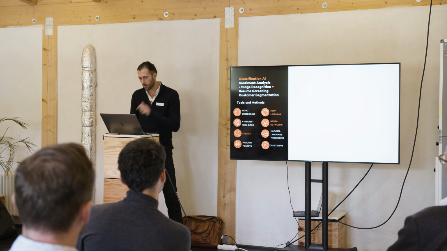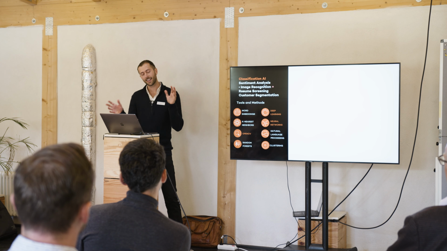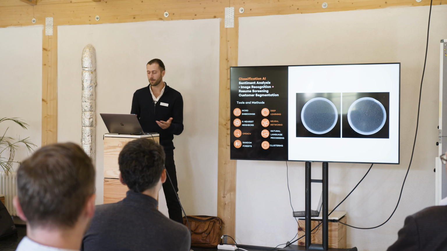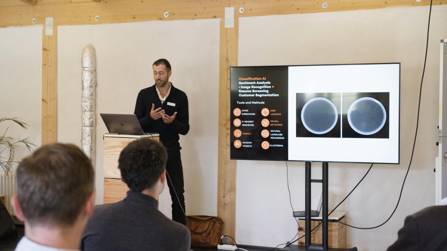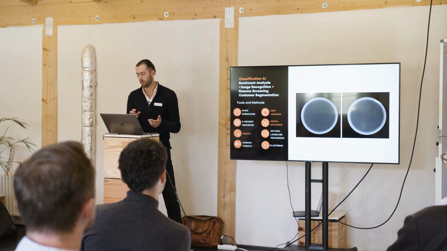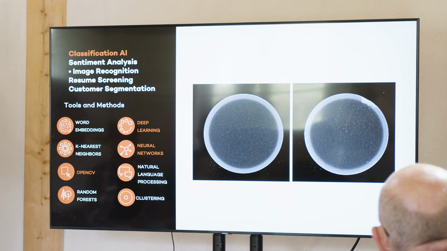As a last example in classification AI, you may remember that I said earlier that the categories are not so firm, but they have overlap. So this example is a mixture of image recognition, classification AI, and anomaly detection from predictive AI. Here you can see there are 2 pills. On the left, we have a normal pill. You can also imagine this as parts. On the left, we have one that's not damaged, and on the right, we have one that has a defect.